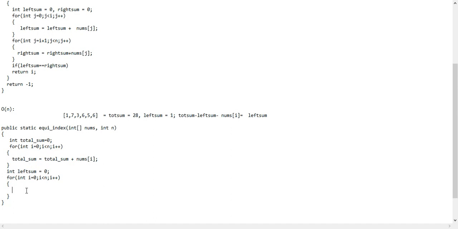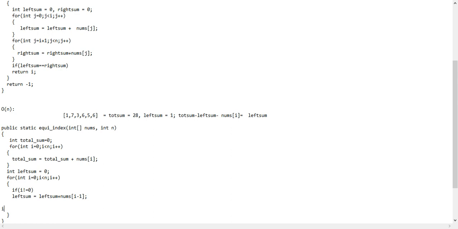Okay, understood? Now if i is not equal to 0 will be my first condition, then I have to add left sum equal to left sum plus nums of i minus 1. I'll explain this, don't worry, don't get tense.